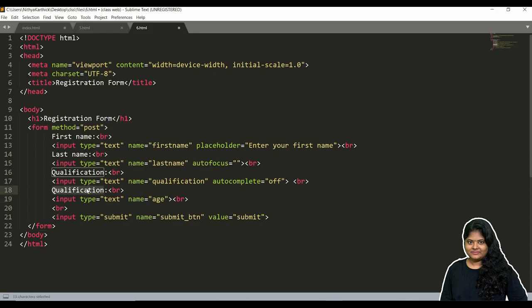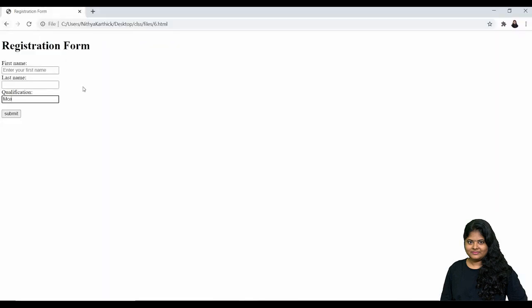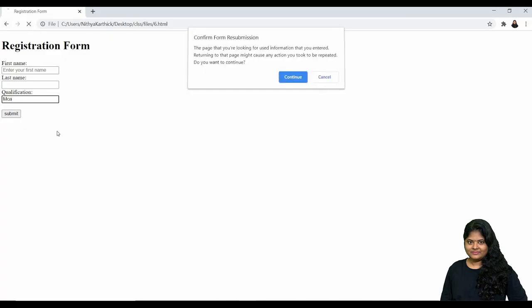And here I'm going to give required. Required means without entering content in this age text box, the form won't be submitted. So that's required: this field is compulsory and should be filled.